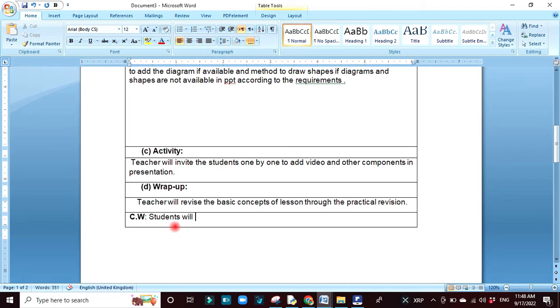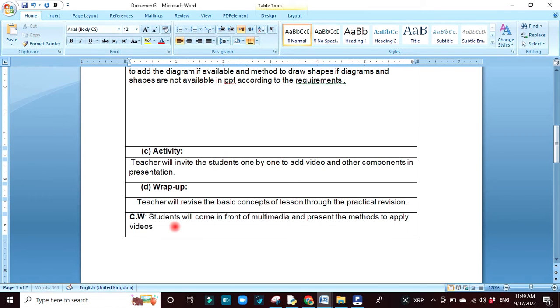Okay, classwork: the teacher will revise the basic concepts of the lesson through practical revision. And in classwork, definitely nothing is special. Students will come in front of the multimedia and present the discussed chapter. What we have discussed in this lesson, students will apply the methodologies and discuss. If they feel something is difficult and face some complications, they will solve it in the class, so that